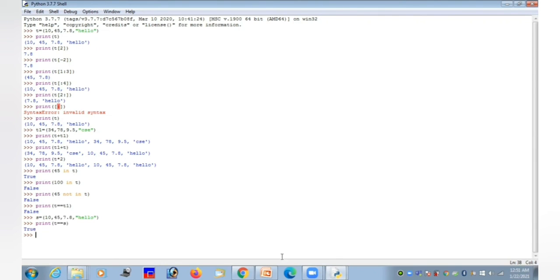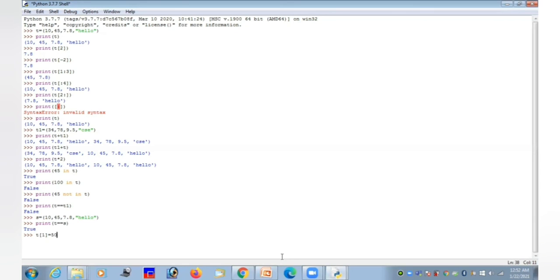I already told you a tuple is an immutable object, which means that we can't perform insertion, deletion and updation operations. Suppose I'm trying to update a value in the tuple. Say I'm going to update the value 45 in tuple T with 50. So T of index 1 is equal to 50.